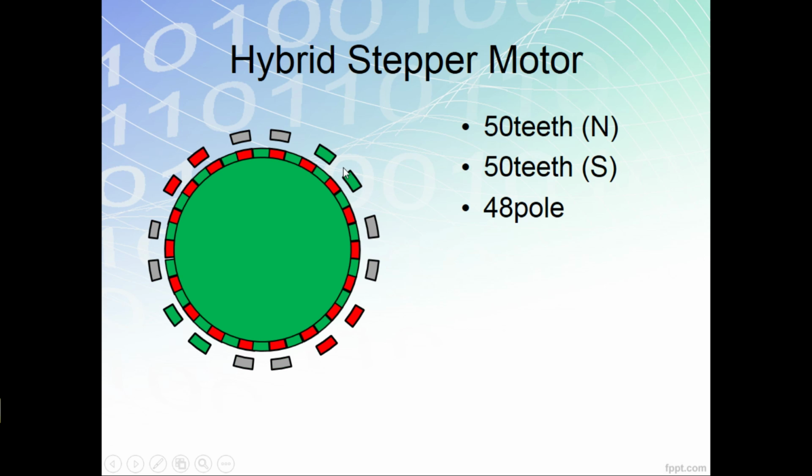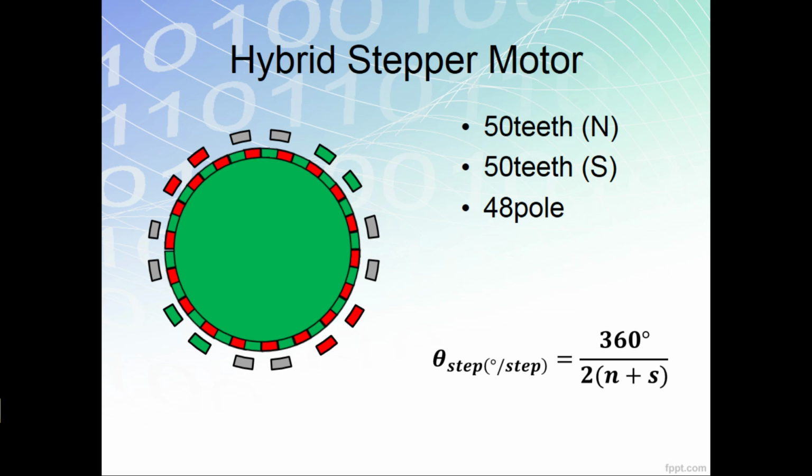And then, as you can see here, this north magnet will be attracted by this south magnet until it is completely aligned to each other. Similar case with here, here, and here. So after that, as you can see here,